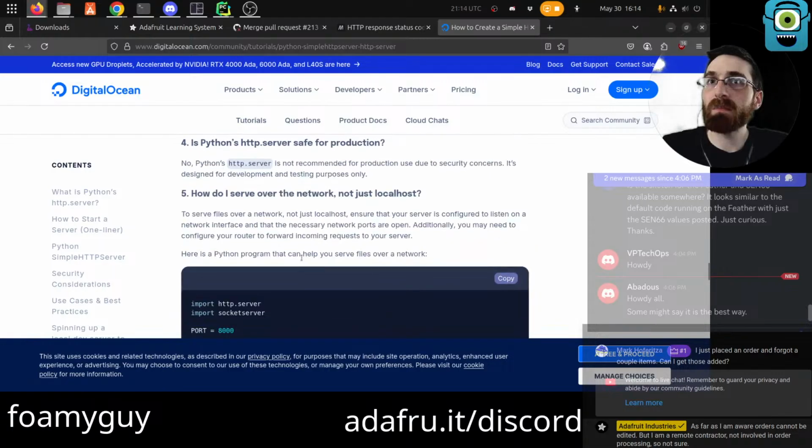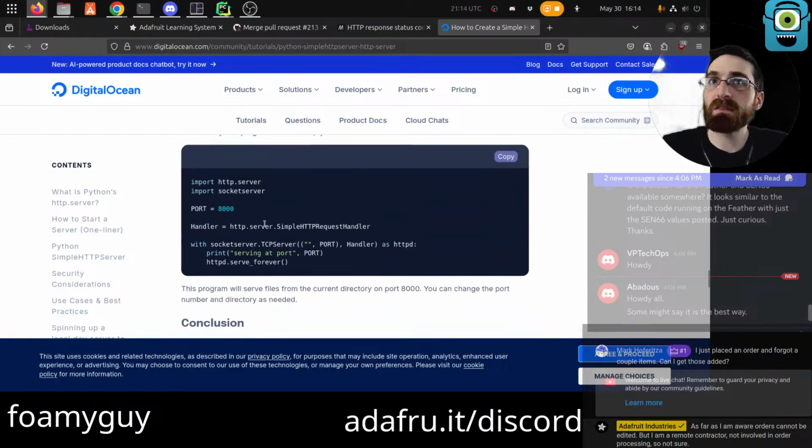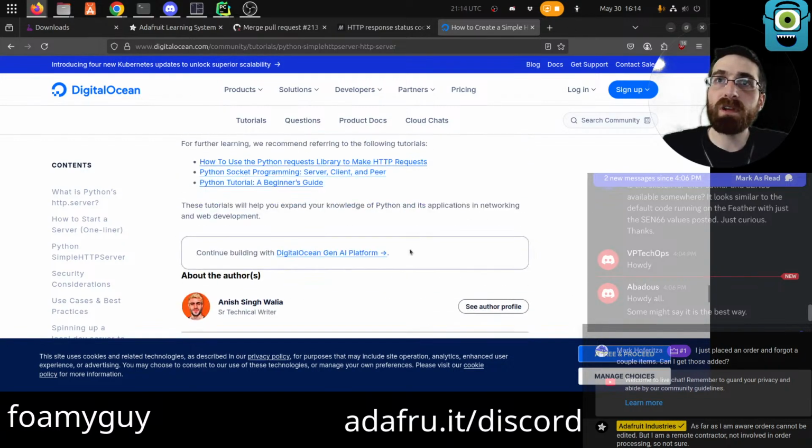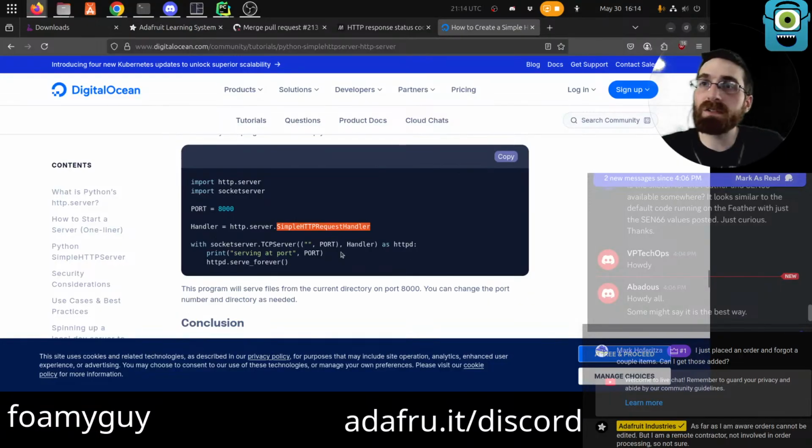How can I make a custom one? There must be a way to figure out how to make our own one of these, I'm pretty sure. If we made our own one of these, then we could do whatever we want instead of just serving files from a directory. So we need to basically learn how to implement a custom one of these.